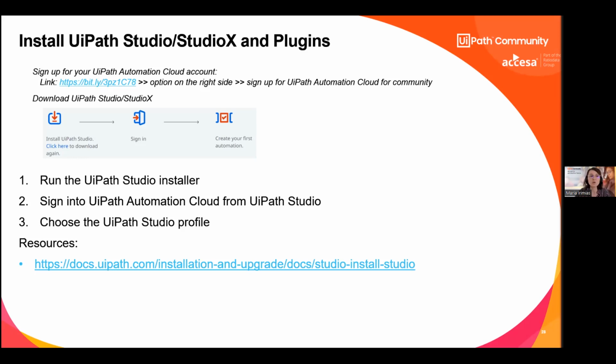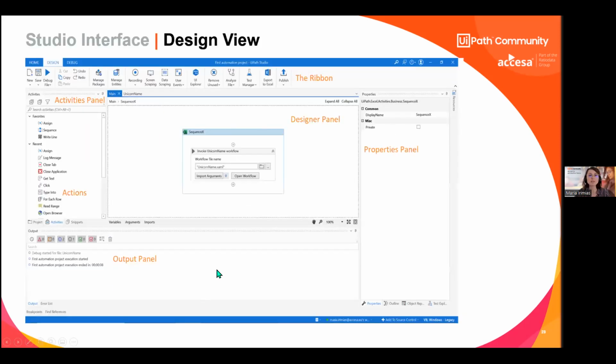So now I will explain a bit, while you are doing all that, how UiPath Studio looks. This is the default layout which you see now. On the left side, you see the activities panel, where you have all the activities to choose from.